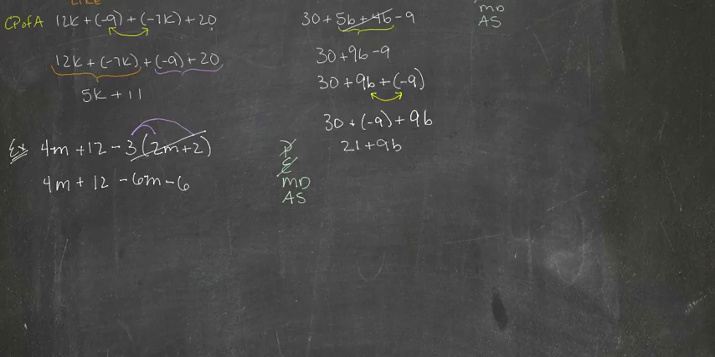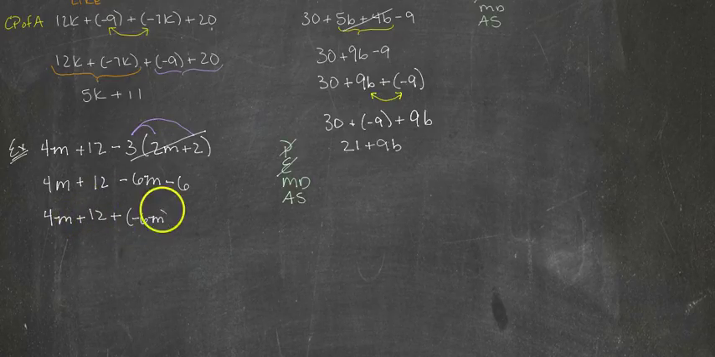Okay, again, I'm going to want to switch my middle two using the commutative property of addition, because if I do that, then my m will be over here next to my other m, and my 12 will be over here next to my 6, so I'll have like terms together. But I have to convert this to addition first. 4m plus 12 plus negative 6m plus negative 6. Now I can use the commutative property of addition,